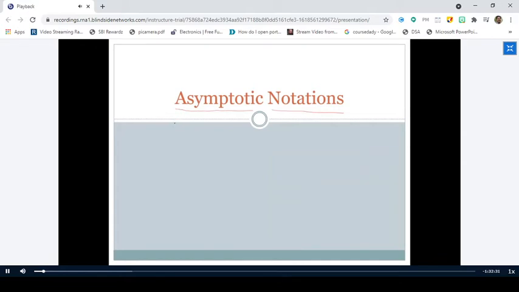We have discussed in the previous offline classes that there are two terms related to measuring the efficiency of an algorithm. One is the time complexity and the second one is the space complexity. The time taken to execute the algorithm is called the time complexity, and the total space required to store the algorithm is called the space complexity.